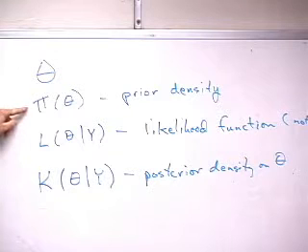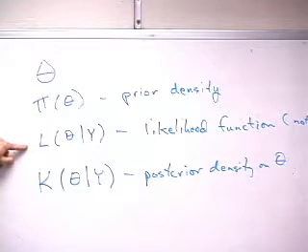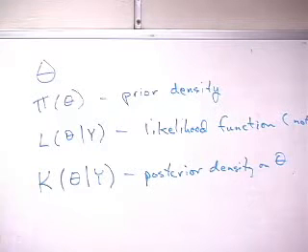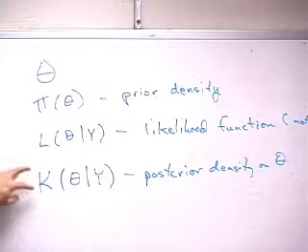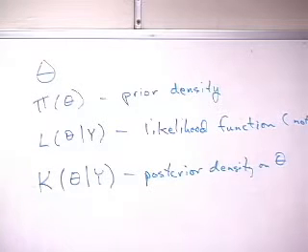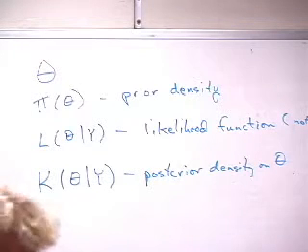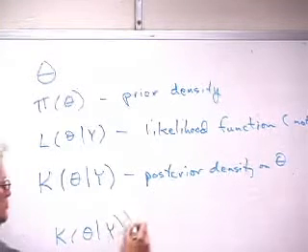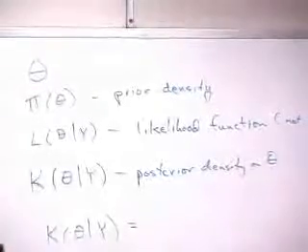So you start out with certain ideas, you draw a sample, and that informs you about what theta must be, or how likely it is that theta is at various levels, and that gives you updated concepts of what theta must be. Now, what Bayesian analysis is based on is that you can derive this from these two very straightforwardly. In particular, the posterior distribution is equal to, by Bayes' theorem,